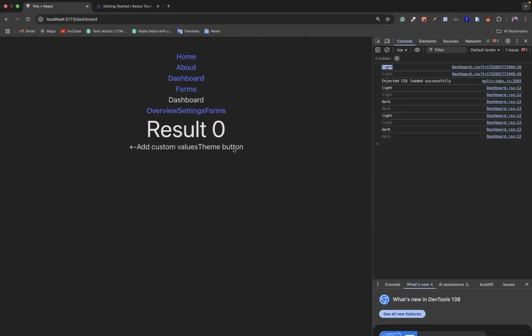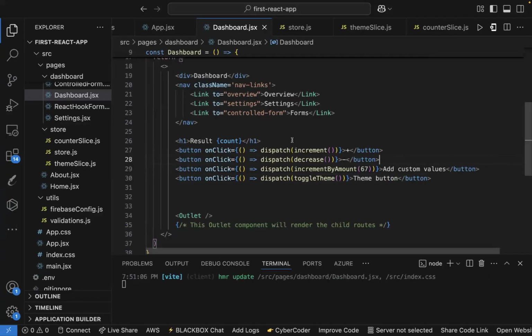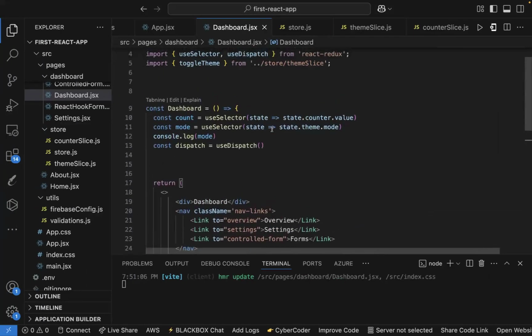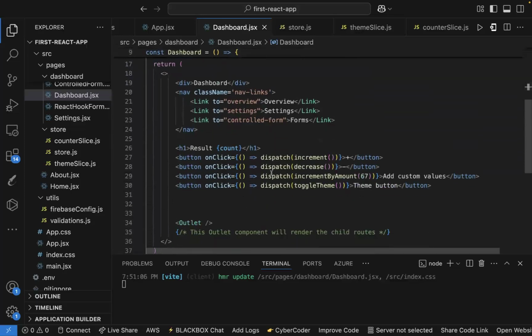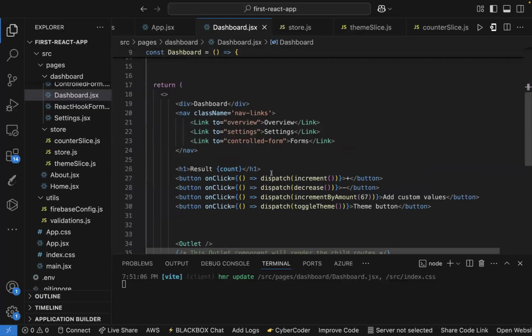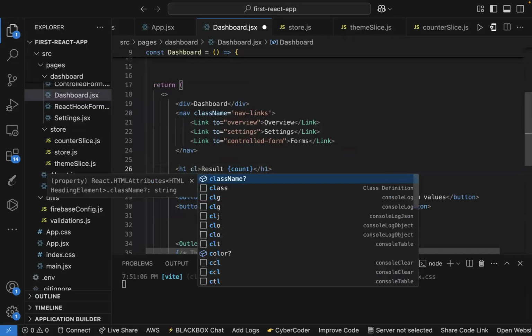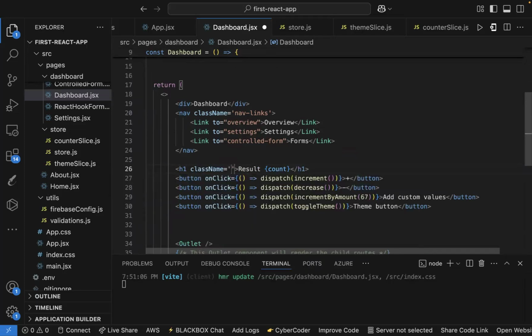So assuming you want to handle styling now, right? You can utilize this mode to say, for a particular, let's assume you are using